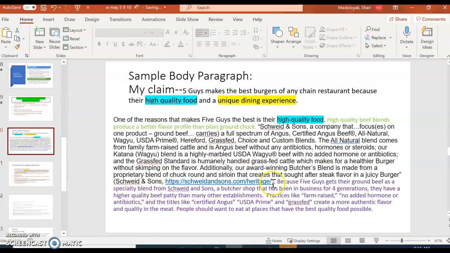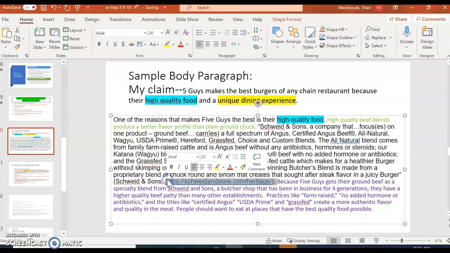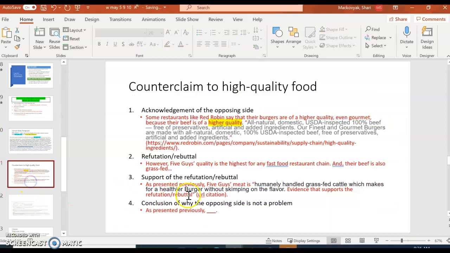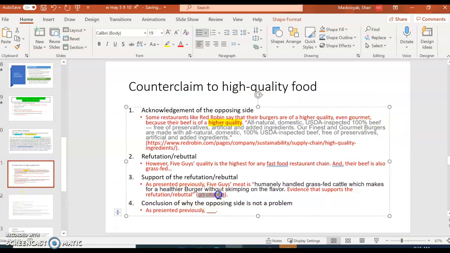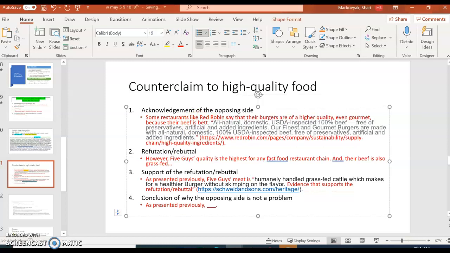I need to copy my citation again right here. Okay. So here we are. We have the bones of a paragraph. Some restaurants like Red Robin say that their burgers are of a higher quality, even gourmet, because their beef is, I'm just going to say it's better. Their beef is better.